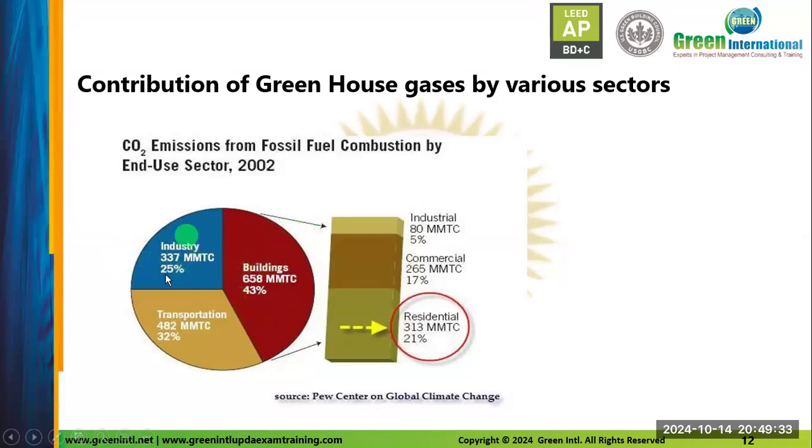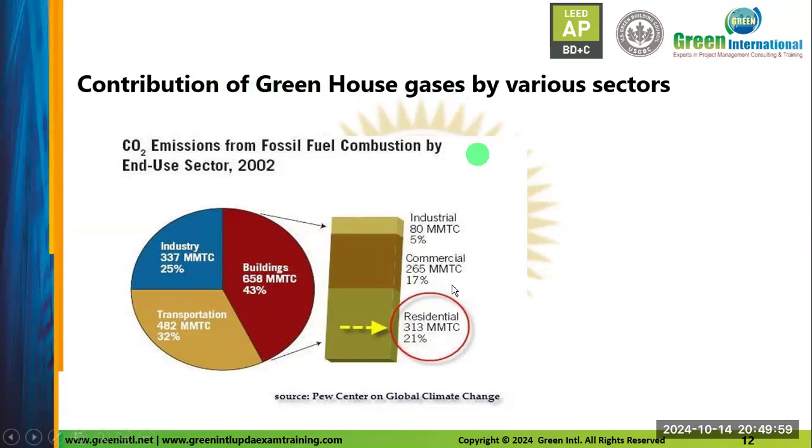But industry and transportation can also be mitigated by good building design or city design. So we speak here about urban design, city design, smart cities. So buildings are a major contributor to greenhouse gases. You don't need to remember the numbers, just remember that buildings are the major contributor to